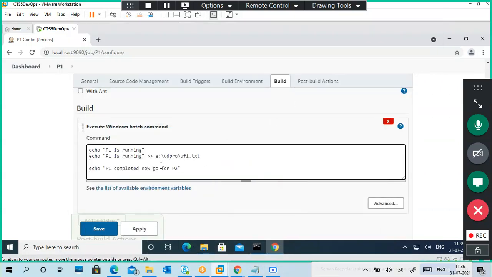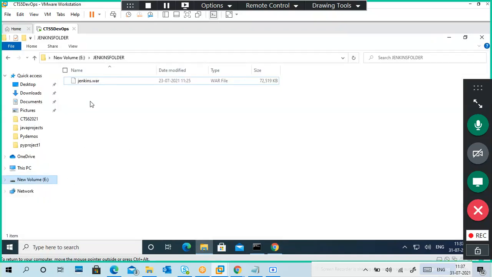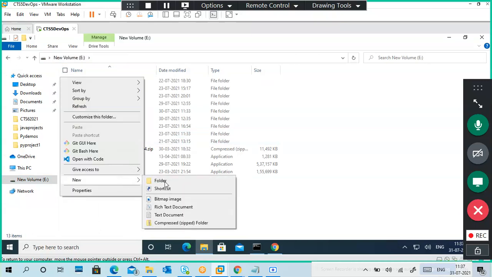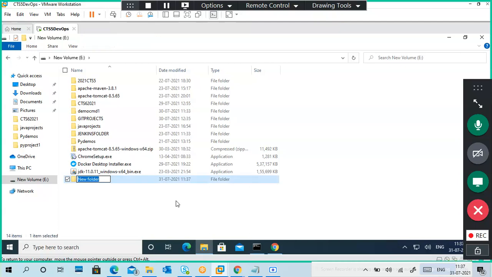Okay. So if you want, you can put it here like this. I want to make it more, yeah, this is the better way. In E drive, I will create a folder, that folder. What I said, that folder name.